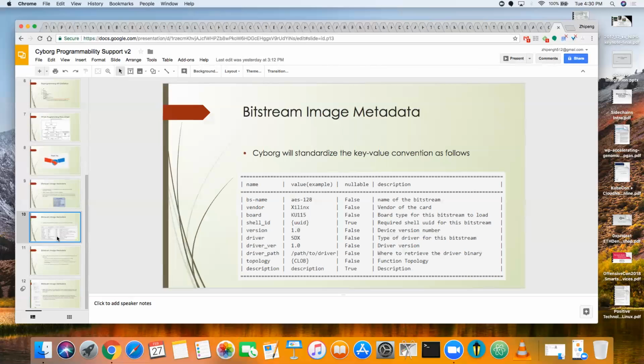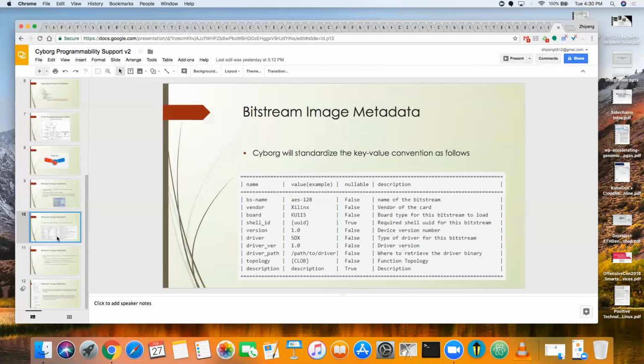So the problem we're trying to solve here is to tell cyborg what this image is for. Yes. But the capability of the image cannot just be described in key value pairs. Think of it as a UID for now. Okay, well, it will have its own UID. That's totally fine, right? You can look up what it does by this UID somewhere else. That's all we have for now. There may be a better way of describing functions. We can explore them for the future.